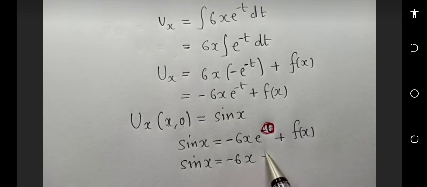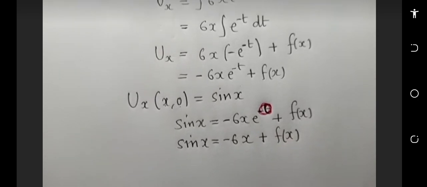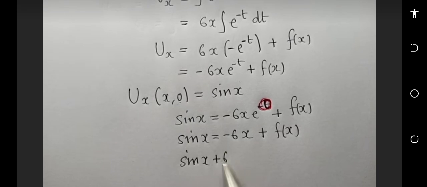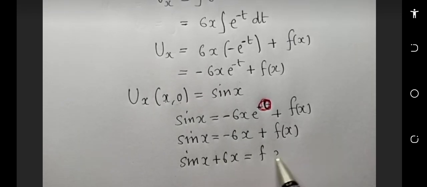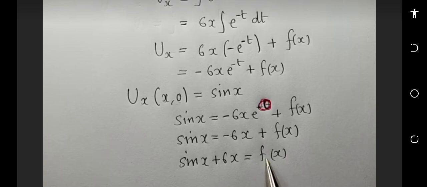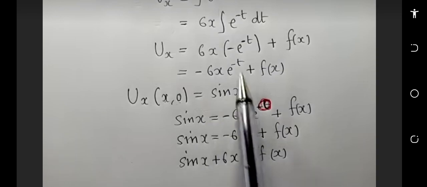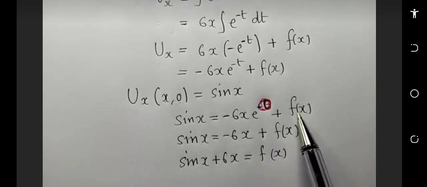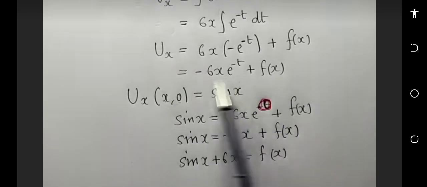This is a 1. Okay, so it will just be a 1, don't change anything, plus f of x. So we make f of x the subject of the formula. It will be sine x plus 6x is equal to f of x, like this. So we've found, if you're able to see nicely, the value of f, or the function, the constant which is missing. It's this one. We can even plug it back where it's supposed to be. Okay? Remember, there is a function that we needed to put here. We didn't know. So we can write it back. Okay? Let's put it in our